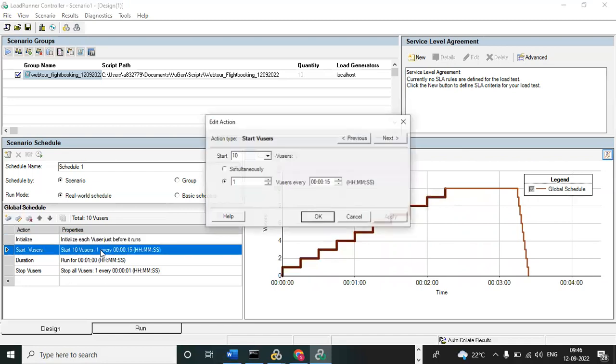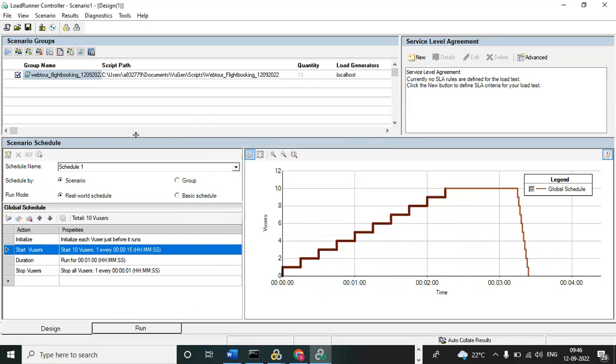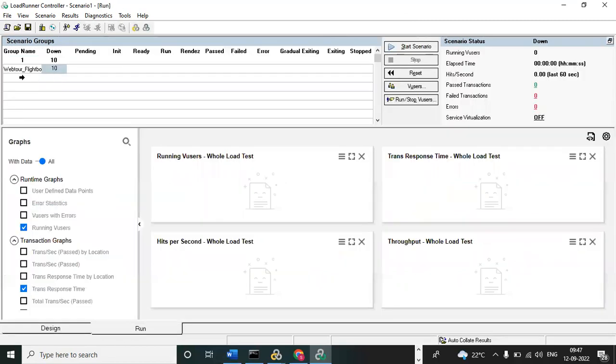Once you design it like this, you need to start execution. In the design phase you decide how many users you want to execute. See, you are giving 10 users. Now we need to execute, so you can come to the run tab. Click on the run tab. Now you can see this is our script name, and we are executing how